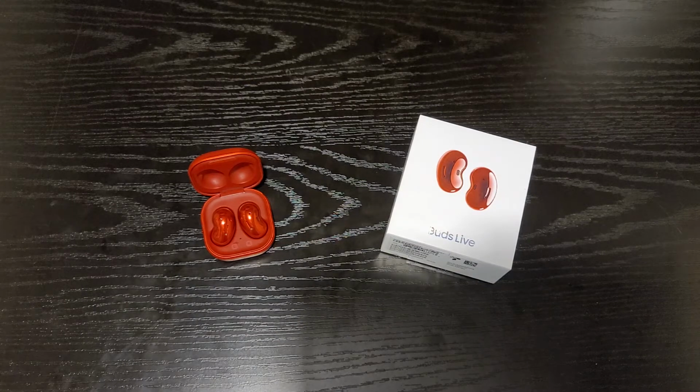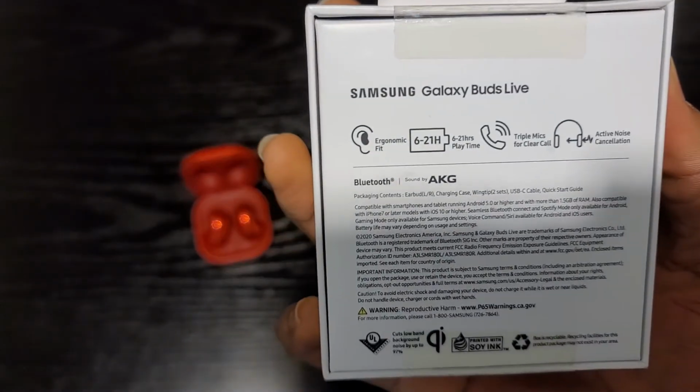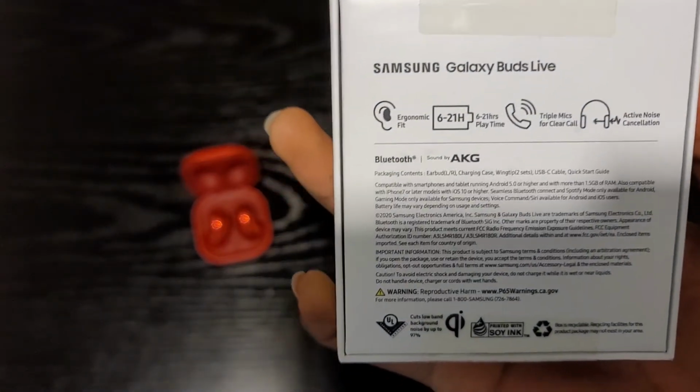And as far as how many charges you'll get, I'd say you get at least 3 to 4 charges max. That's more around 3 charges. It says on the back of the box, 21 hours of playtime. That doesn't mean like